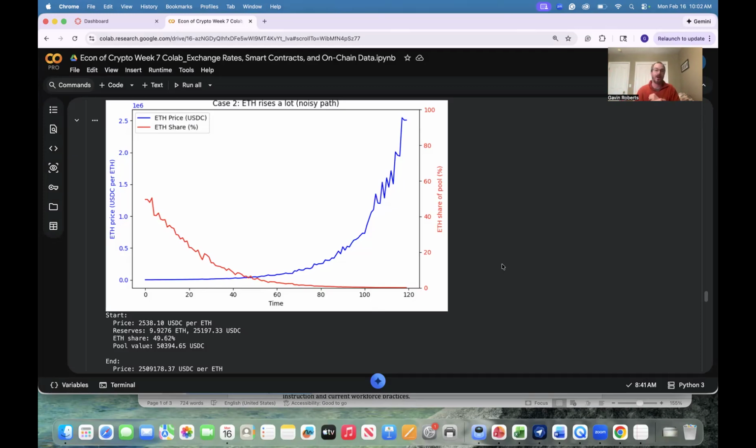The people want to say, I want the good money, the Ethereum. That's the thing whose price is rising relative to the US dollar. So the pool is left with just US dollars, no Ethereum. How do we know that? Because the percentage of Ethereum has basically gone to zero as the Ethereum price has risen.